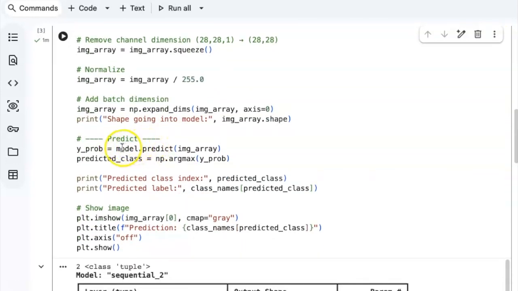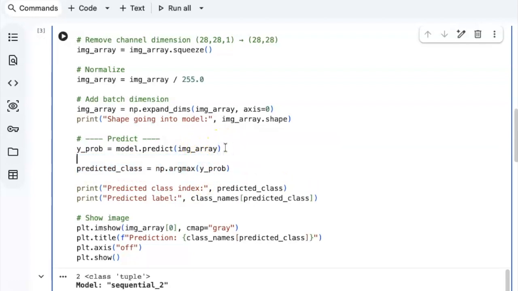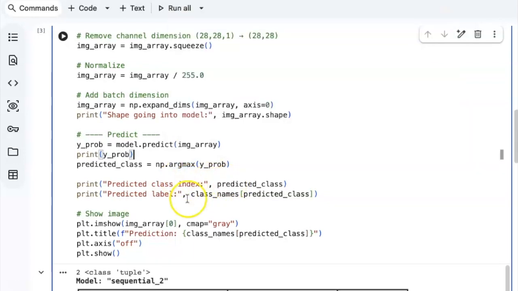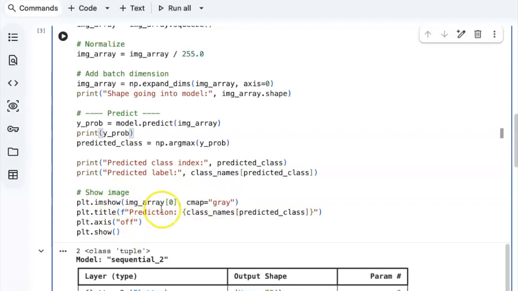And then we'll go ahead and use our model to make a prediction and pass in that image array. Go ahead and look at what it's returning as the predicted class. So we're going to look at the maximum argument out of all the probabilities here. We could even print what this Y probability is, and then we'll print our predicted class, what the word is that describes that class, whether it's t-shirt, trousers, whatever. We'll go ahead and show the image that it loaded in. All right, fun. I'll go ahead and run this,